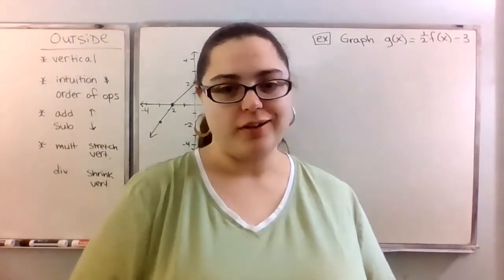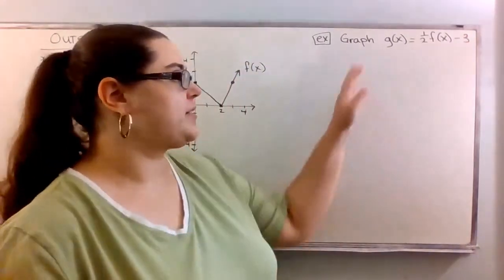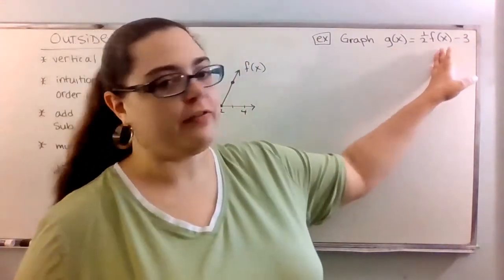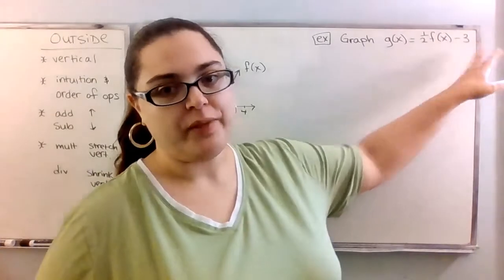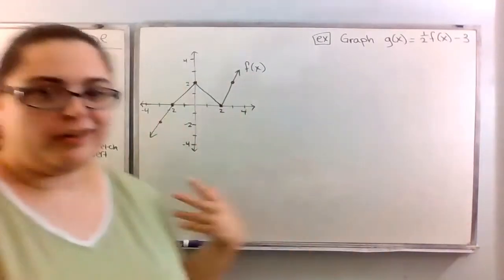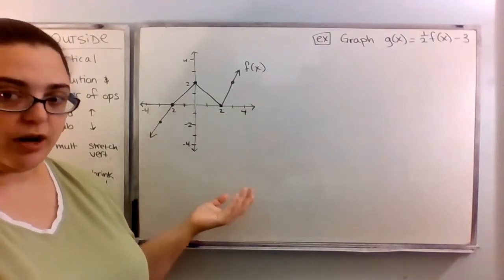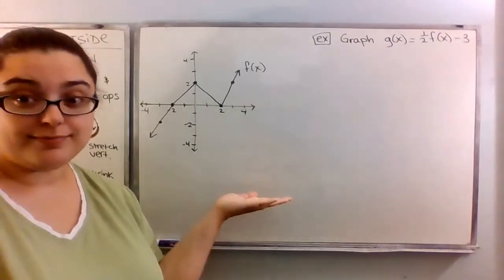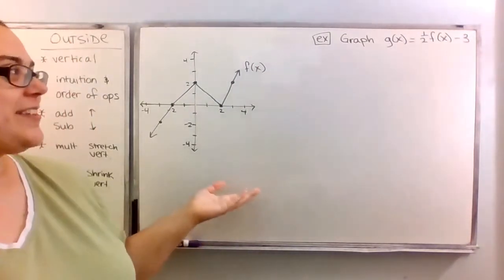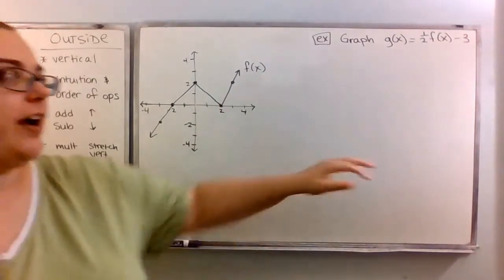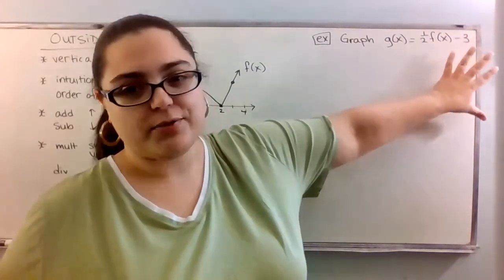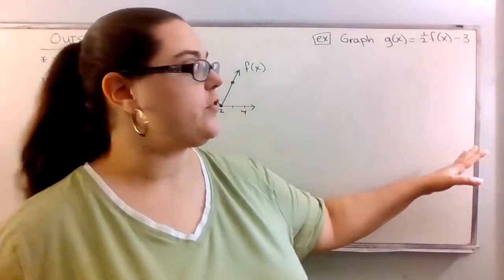For our third example here, we've been asked to graph g of x equals 1/2 f of x minus 3. Here f of x has been graphed to the side. If you want to pause and sketch that graph for reference, you can do that now. Okay, so to sketch the graph of 1/2 f of x minus 3, we know these are all vertical transformations